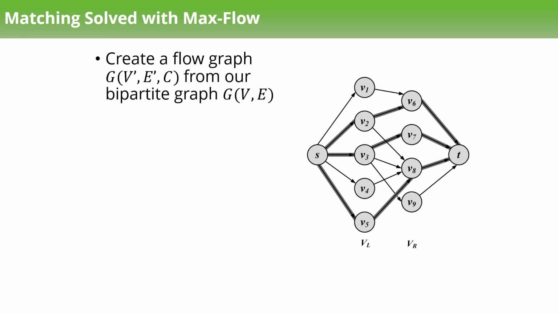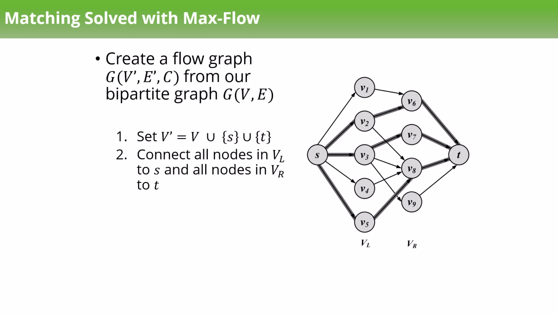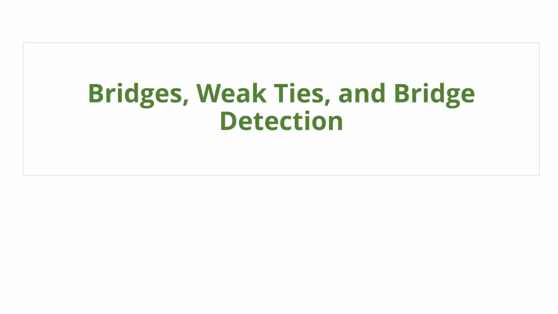Then, bridges and local bridges. So now we move from network flow to another important concept in social network analysis. Suppose we remove one particular edge and the network gets disconnected. That edge is called a bridge. If there is only one bridge between the islands and we remove it, the two islands can no longer be